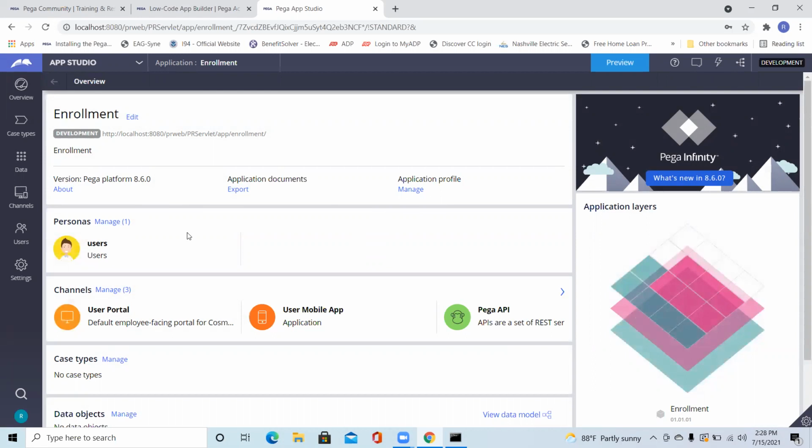So it is for business purposes. Pega PRPC has exposed a few things in App Studio so that a person with very little knowledge can also do that.